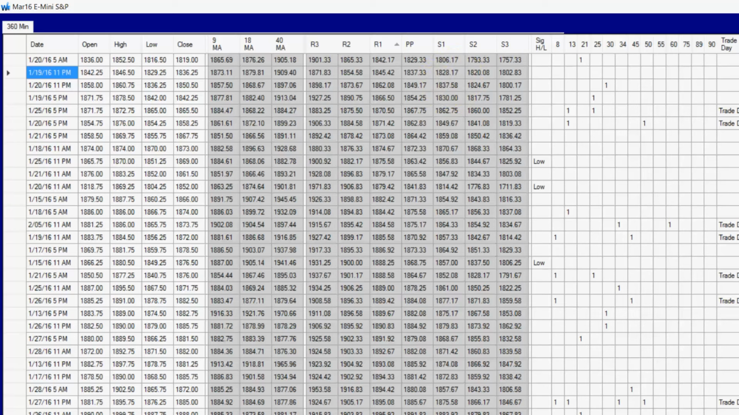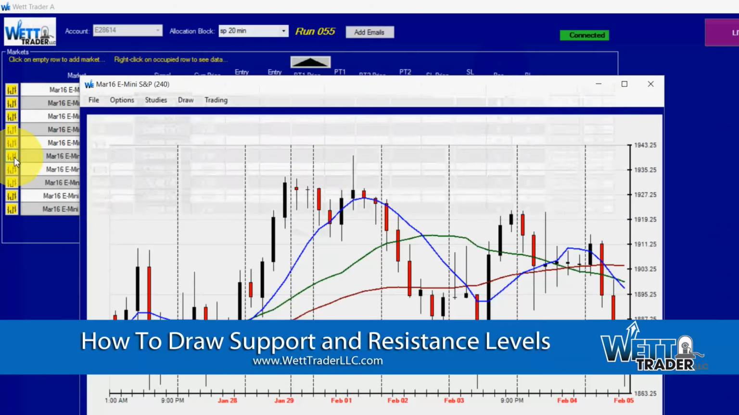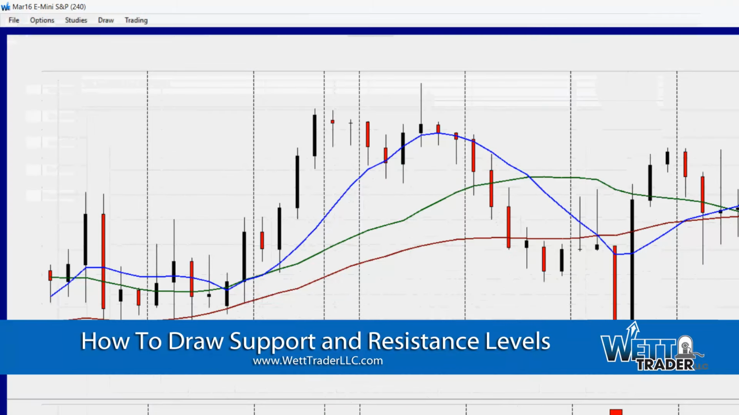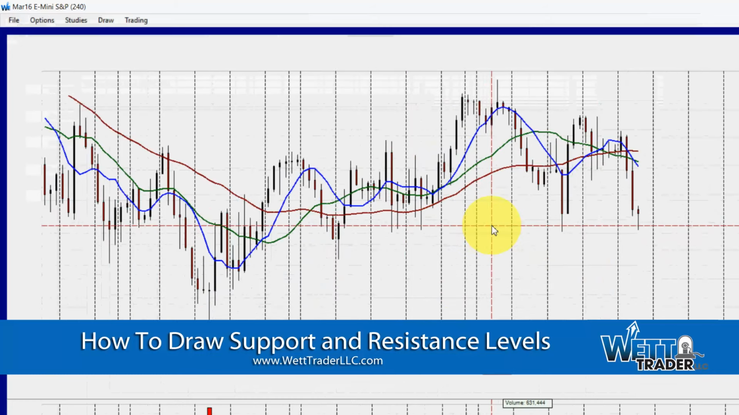So that's a quick lesson on support and resistance levels, how to draw them, how to use them with